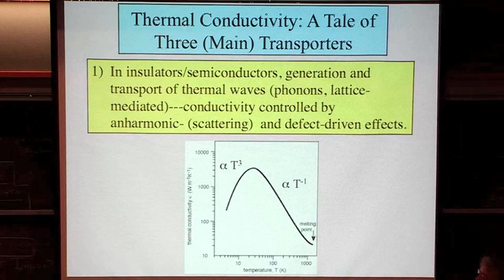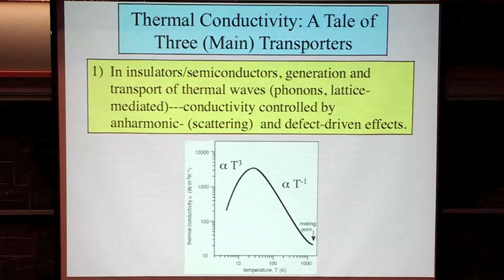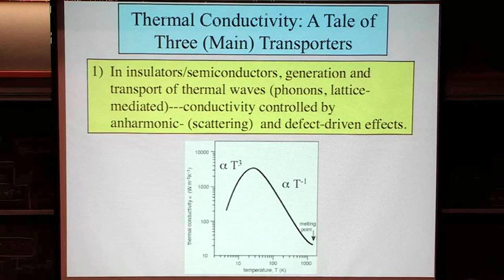In things that we think of as insulators in the mantle, and I'll loosely extend that to semiconductors, if you have thermally driven vibrations within the material, we'll use the term phonons to describe them. That's just a description of how thermally driven waves associated with the vibrations of individual atoms within the lattice are propagated through a material. So for example, if I put my hand on this desk, the thermal signal that propagates through to the other side is entirely driven by thermal vibrations within the material. It's controlled by the rate at which those thermal vibrations propagate from the surface to the bottom of the table. Okay? So it's a fairly simple concept.